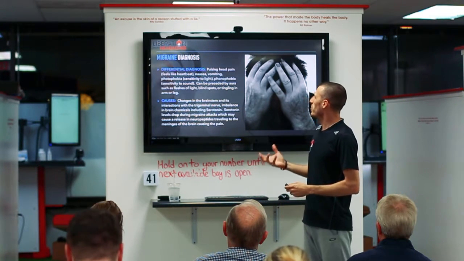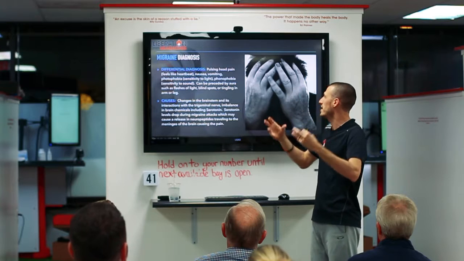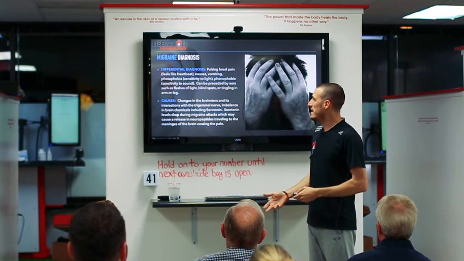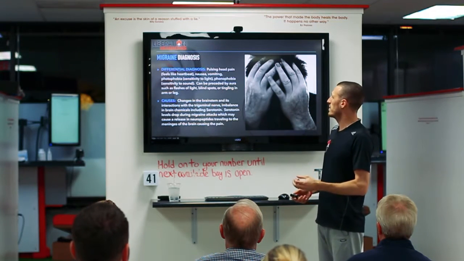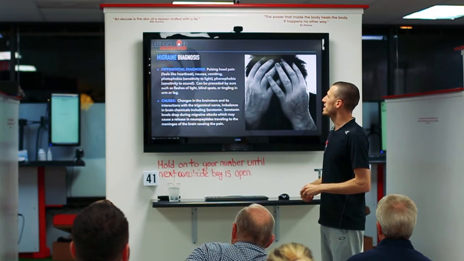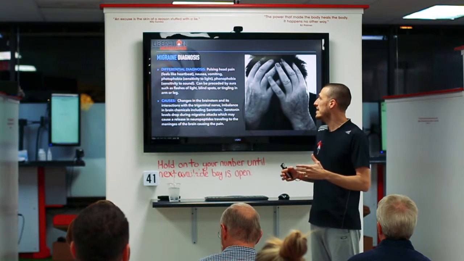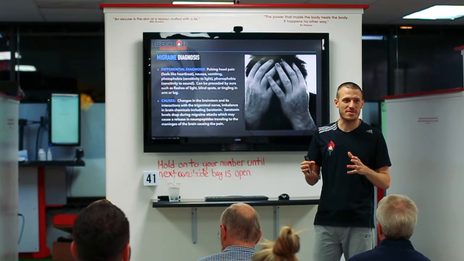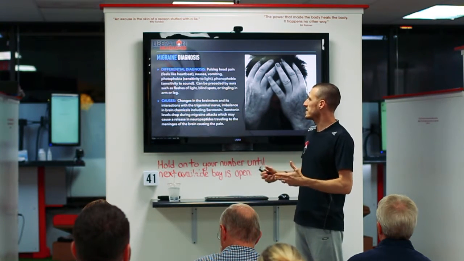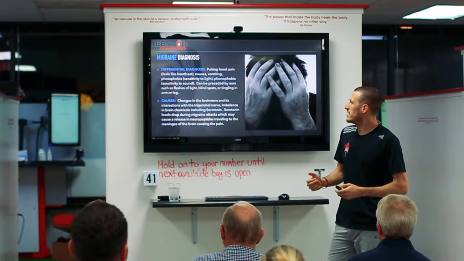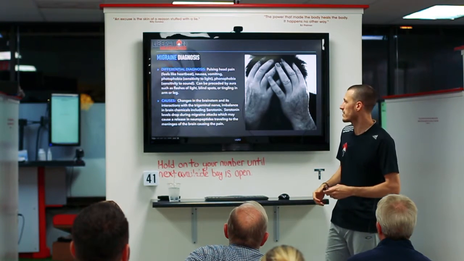Okay, pulsing head pain feels like a heartbeat. You can literally feel the heartbeat pounding inside of your head. Nausea, vomiting, it can actually cause you to vomit. Photophobia, which means sensitivity to light. Phonophobia, which is sensitivity to sound. It can be preceded by an aura, for anybody that knows what that is. We're not talking about purple hippie lights, that kind of thing. This is different. It's flashes of light, blind spots, or tingling in the arm or leg. And a lot of times people have a very consistent aura before they get hit with a migraine.